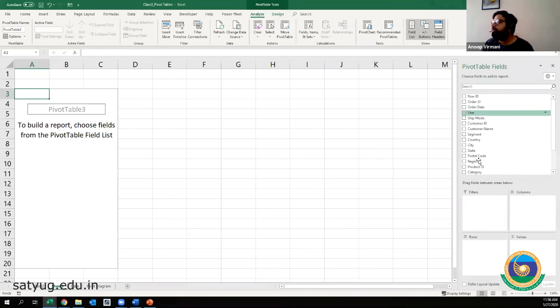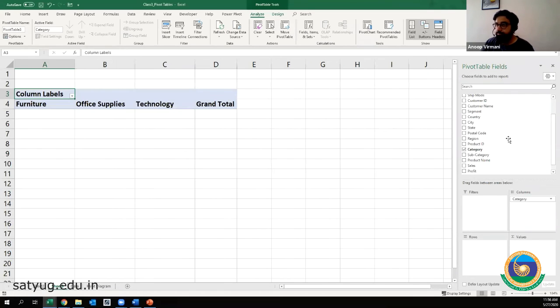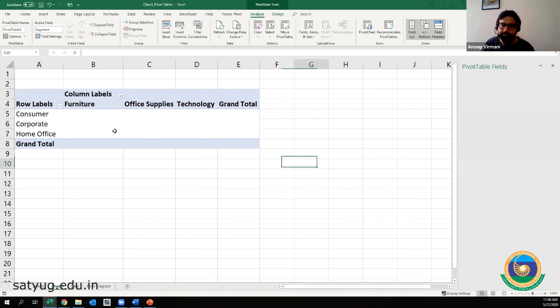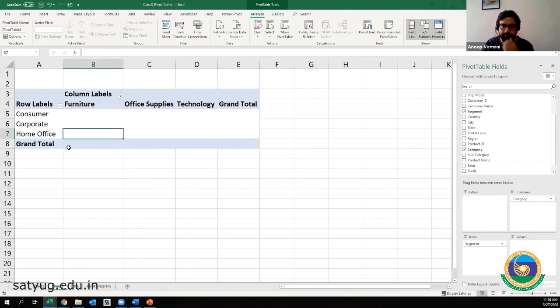So what do we do? We take our category and drop it into columns, right? Then we take our segment and drop it into rows. So our segments are in rows, and we have categories in the columns, right?